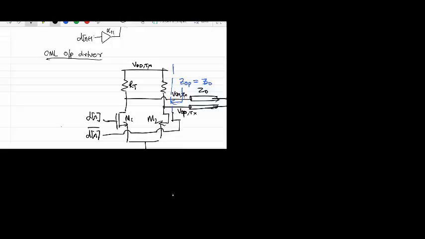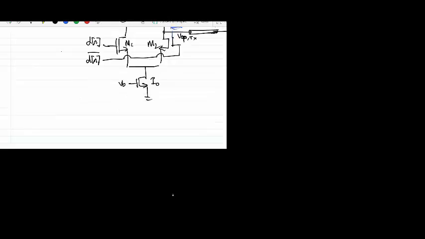Now if you flip the sign, then VOPTX minus VONTX will be equal to minus I naught into RT by 2. So if I say V out peak to peak differential,